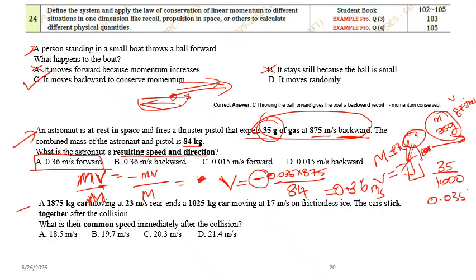Okay, now this is another question. A 1875 kilogram car moving at 23 meter per second rear-ends a 1025 kilogram car moving at 17 meter per second on frictionless ice. They stick together after the collision. What is the common speed immediately after the collision? Okay, so the problem over here,